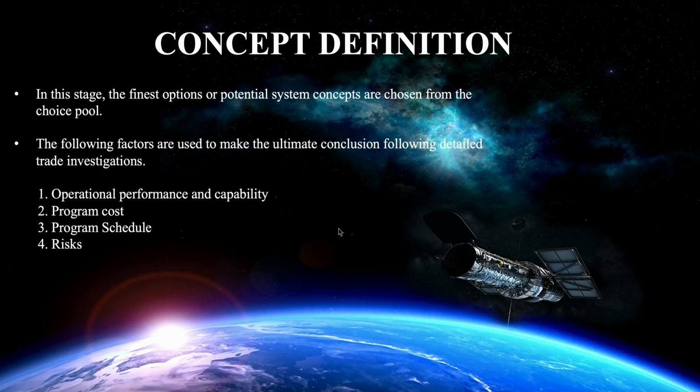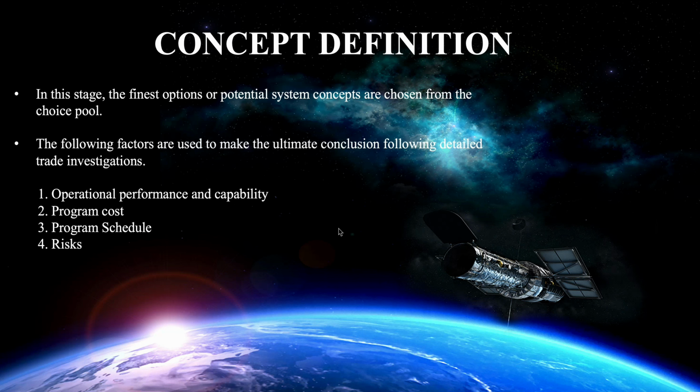So now, the next stage of the systems engineering life cycle is concept definition. It is the subphase that entails selection from the pool of alternatives. That is, amongst the best alternatives, there will be an option pool, and decision trees will be made based upon the capabilities and the function the system performs. Based on that, via various case studies, a final decision is made.